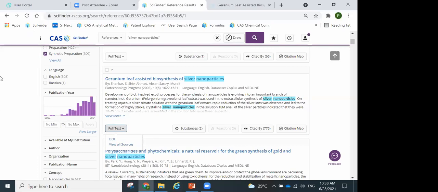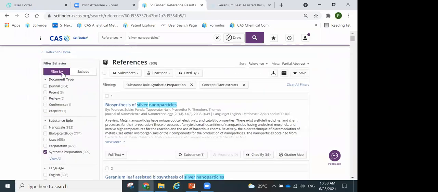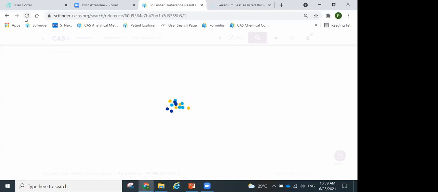Other than the filter options, there is also the option for you to exclude something from your answer set. So you can say that I don't want to see certain types of answers, and remove it from my answer set. So I'm going to switch over to exclude. From now on, anything I pick will be removing it from our answer set, because now I'm under exclude. I might say, well, I don't want to look at review papers. I want to focus only on papers that are talking about the most recent